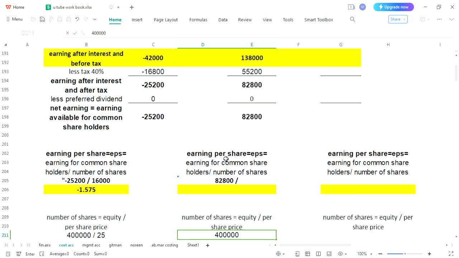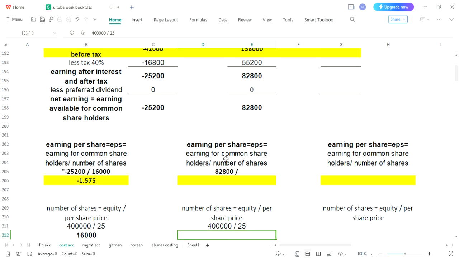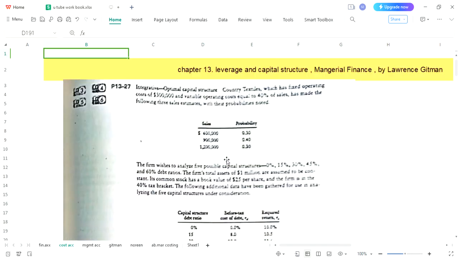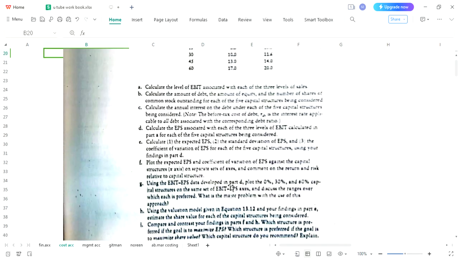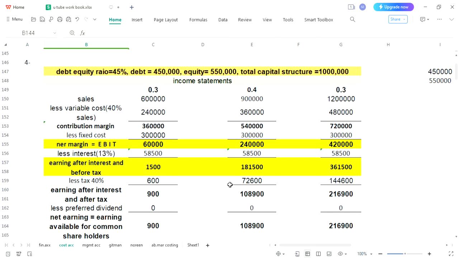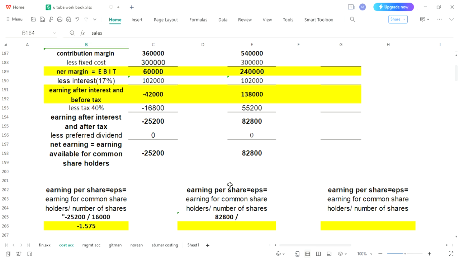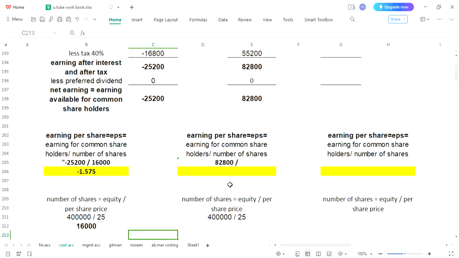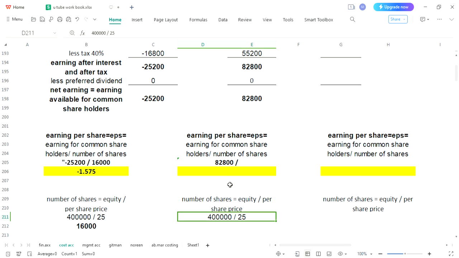Put it over here, and you need to divide it by the per unit price or per share price 25, and you are well aware of the fact that this 25 is given in your question. So after putting the amount of equity, we are now open to put the per unit price 25. 4 lakh was equity, divided by 25, we have got